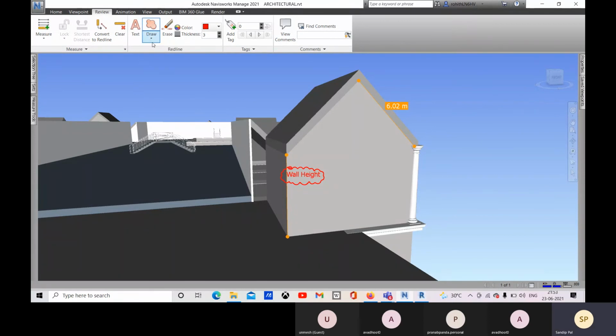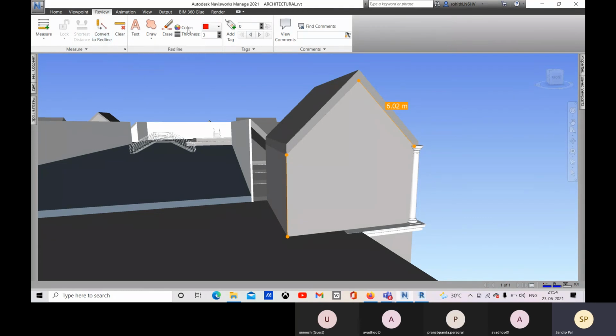All right, and if you want to erase, click on this. So this is erased right now. All right, so this way you can, and let me go for Control 1 again, and this is the color.